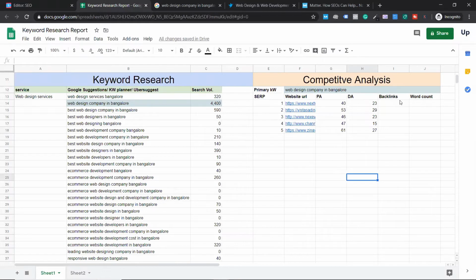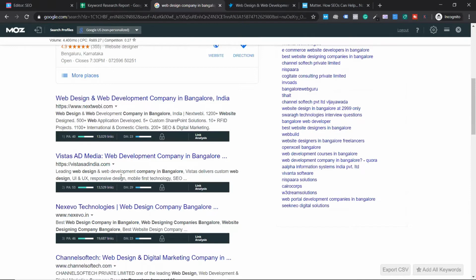I'm just going to write it quickly, not the exact number. I'm going to put the 13K backlinks they have. Now guys, one thing I want to mention here is Moz is not a trusted source for backlinks, to be honest. The one I will recommend any day is Ahrefs. Ahrefs is the best tool to check the backlinks of any website. But it's a paid tool. If you have access to Ahrefs, you'll definitely be able to use it.